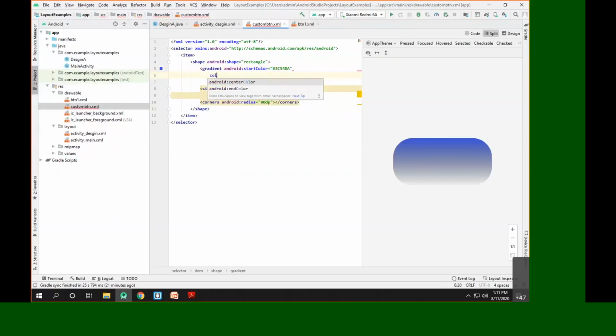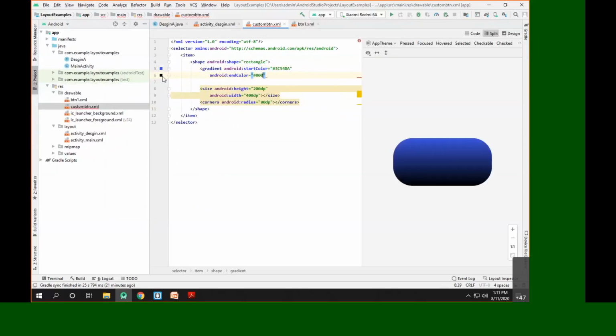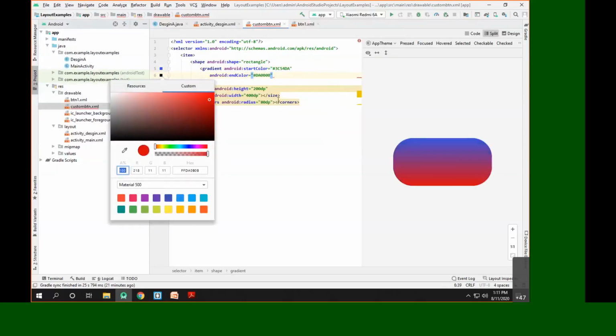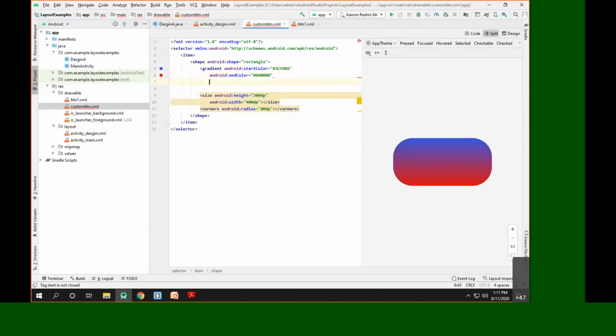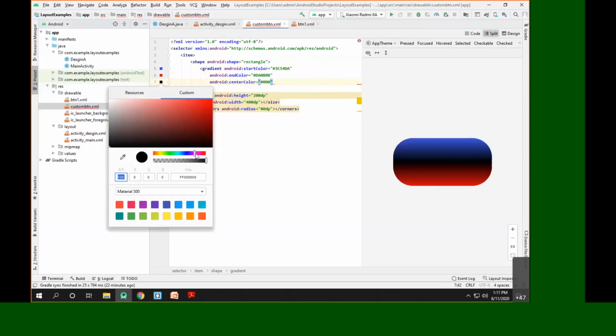Then the color at the end will be a pink or dark red, we can say, and the center color will be the pink color. Let me set a pink color here.